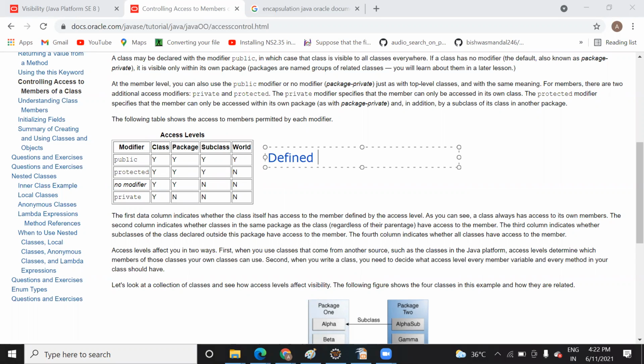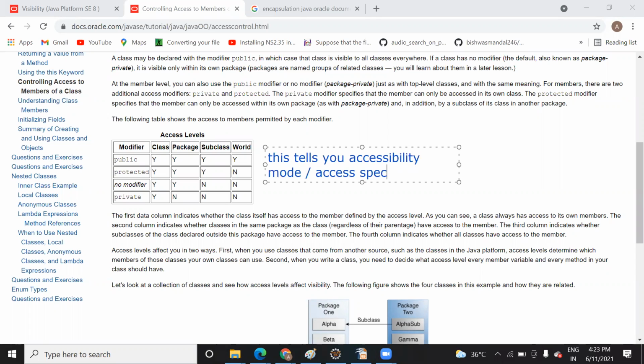So here, this tells you the accessibility mode. Accessibility mode is also known as access specifier.